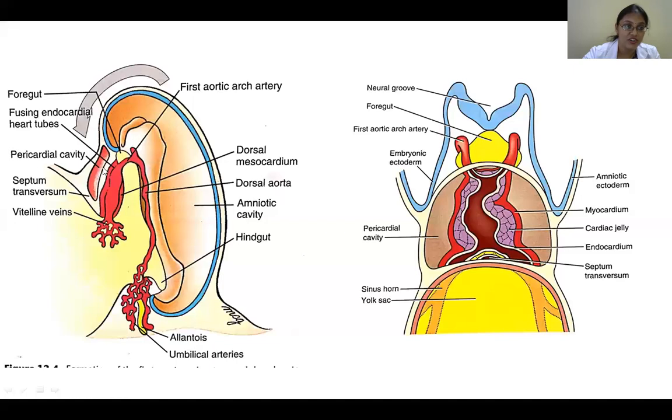And just ventral to it, you've got the pericardial cavity. So this tube, okay, so how does this heart form? I told you about mesoderm and mesenchyme. Embryonic tissues are two: epithelial tissue and mesenchymal tissue. And this mesenchymal tissue can give rise to any kind of tissue except nervous tissue. Okay. So they form by a process called vasculogenesis.